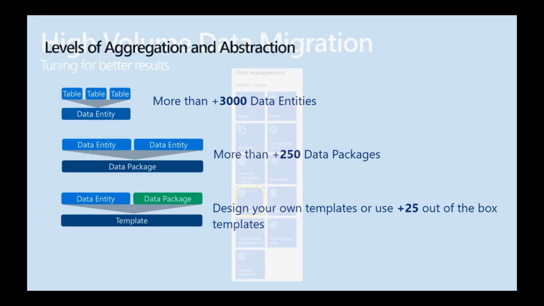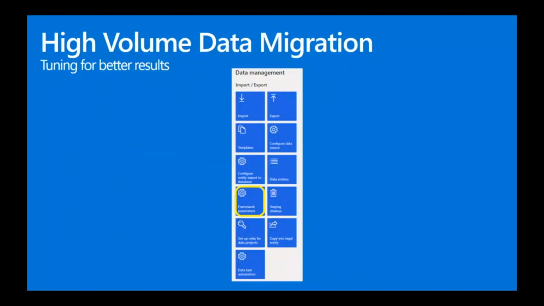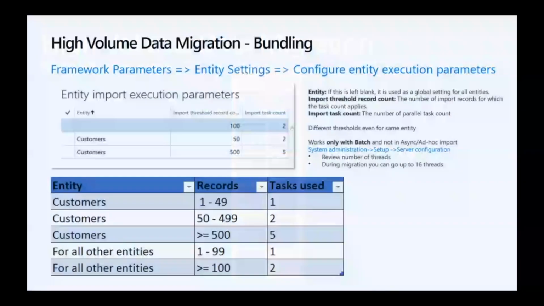Okay. Now that we have the basic concepts, we need to look at what we are going to do if we're talking about high volume. For that, in data management, under the framework parameters, we have some settings that we need to look into. The first one I'm going to talk about is the entity execution parameters.